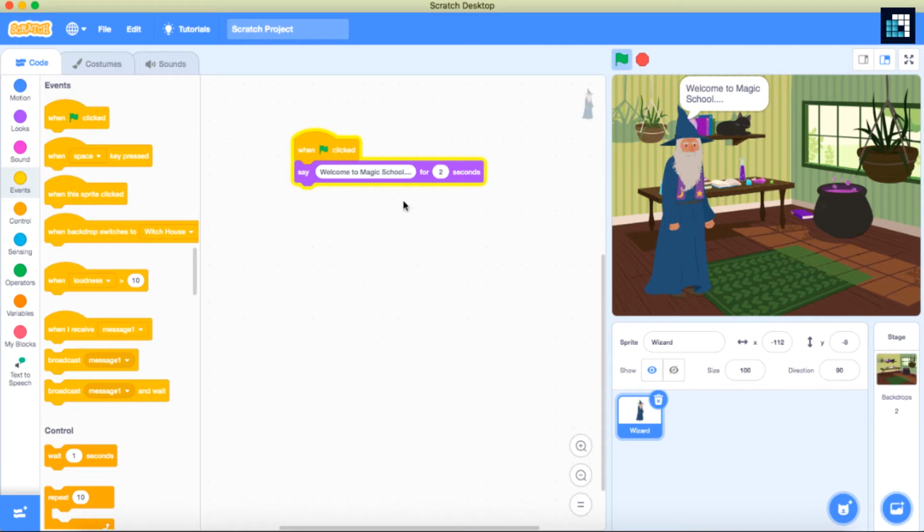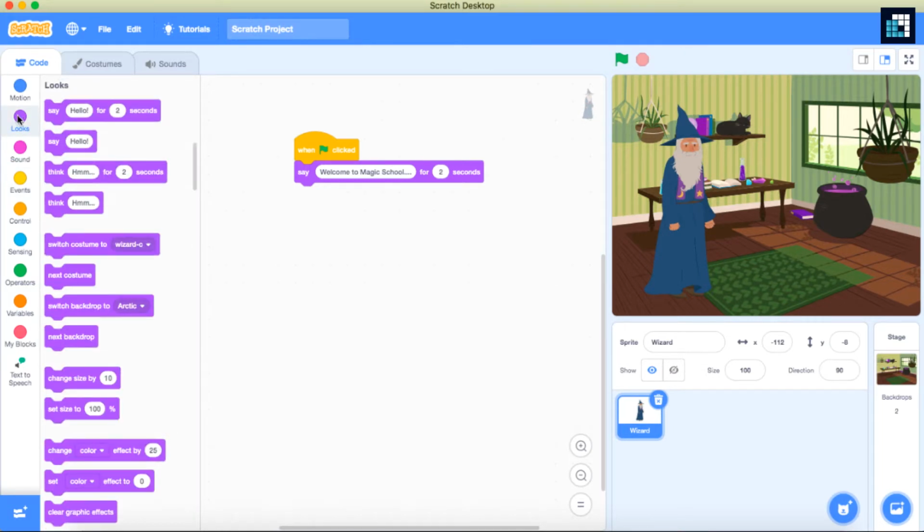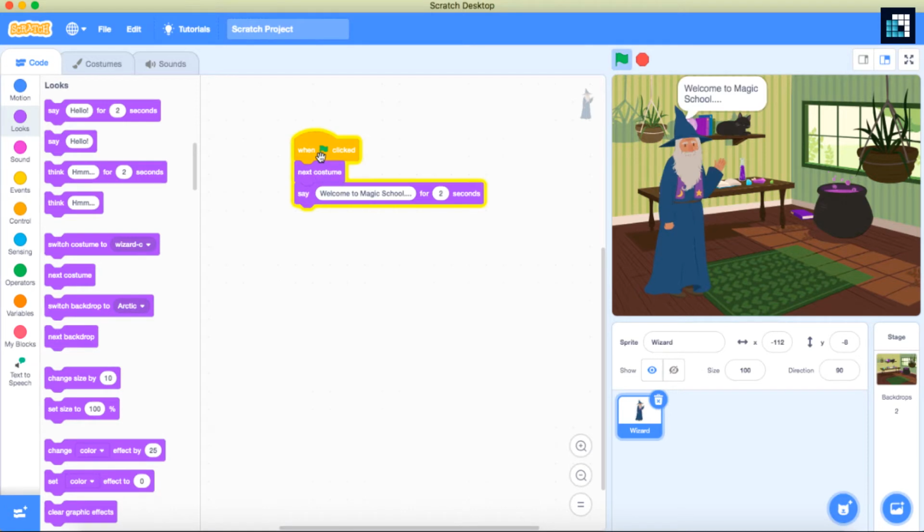But let's go to the sprite section. So when I click, by using the click event, the wizard will say welcome to the Magic School. And we are also going to use the Looks block next costume. So when he speaks, it will change the costume. Now after this, let's add the sprite,